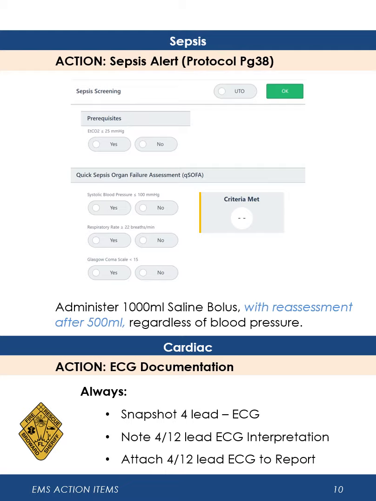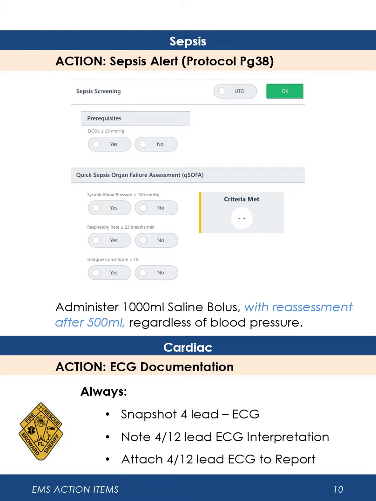I want to talk about the criteria for Sepsis Alert, which is the qSOFA criteria. Those are in the app, and I encourage you to look at the app on any patient that you come on that has a fever or if there's a concern for infection. Look for the three things: hypotension, which means systolic blood pressure less than 100 or MAP less than 65. Altered mental status is number 2, and number 3 is tachypnea, respirations greater than 22, and/or end-tidal CO2 less